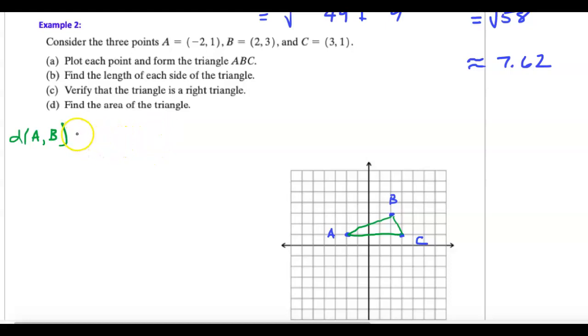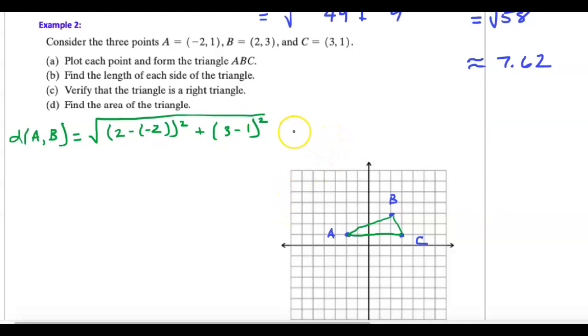I'm going to find the distance between A and B. So using my distance formula, B, here's my x value, so I've got x2 minus x1, so 2 minus -2 squared plus the difference in my y values, so 3 minus 1 squared,